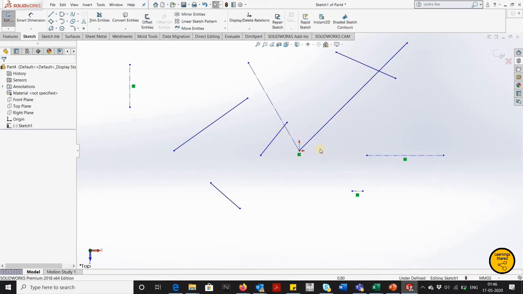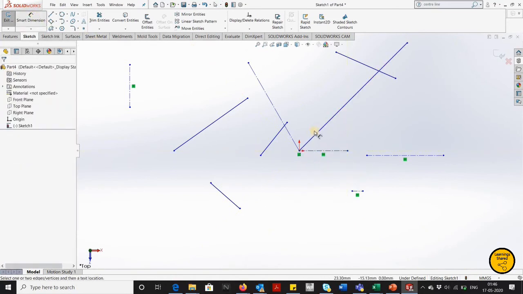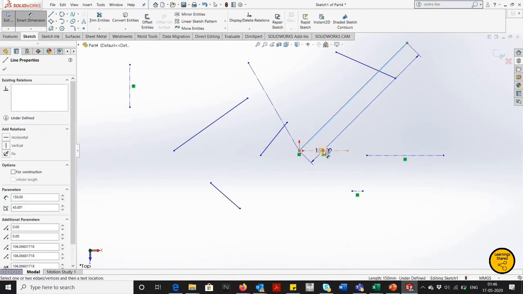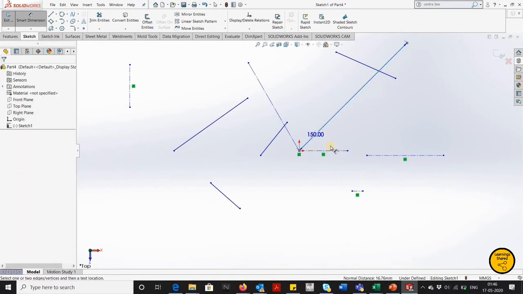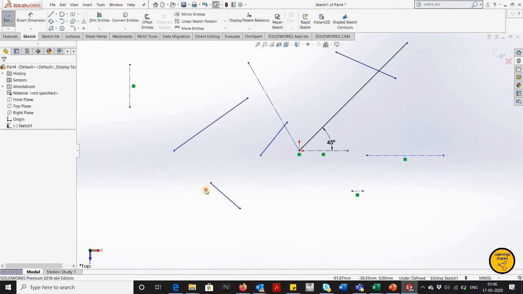Now as I have told you, you can give a constraint in other ways. The second way of giving a constraint is like this: you draw one horizontal line, and give it an angle here, so it becomes constrained.